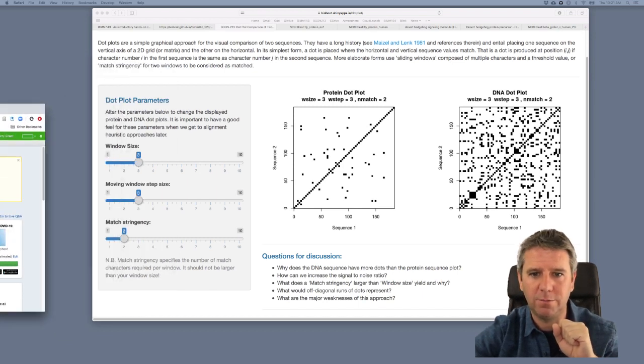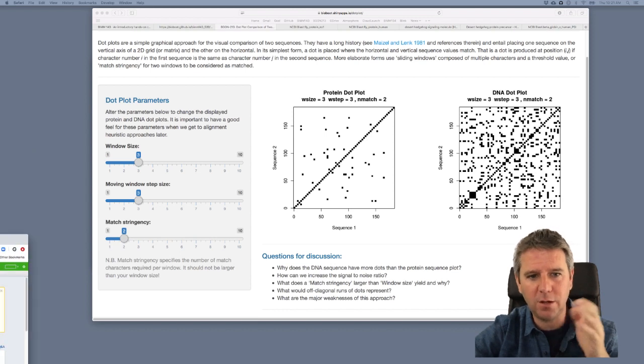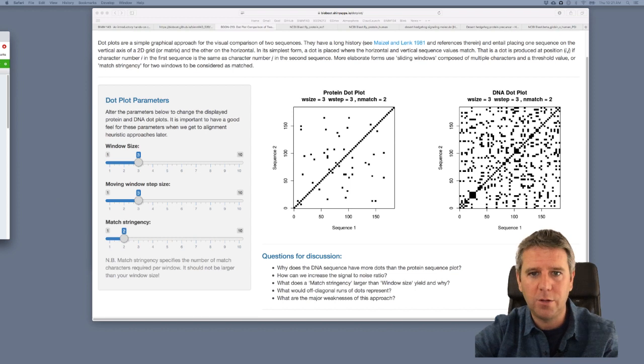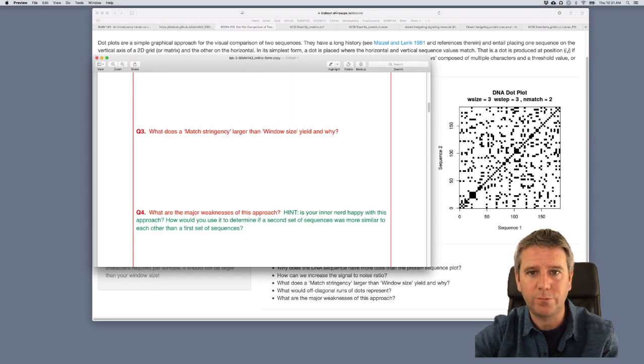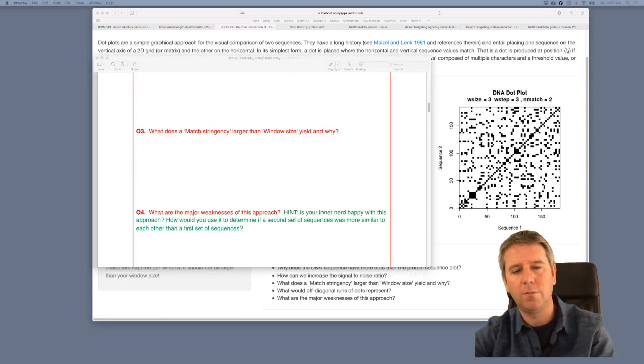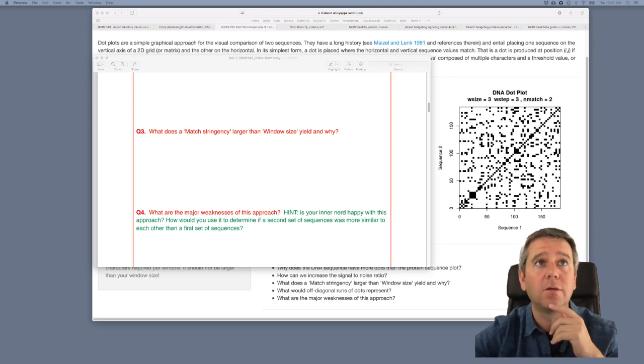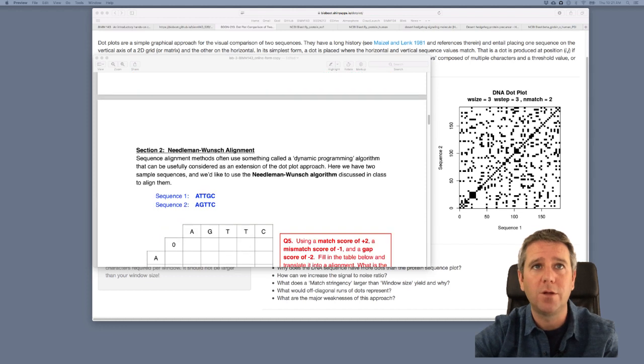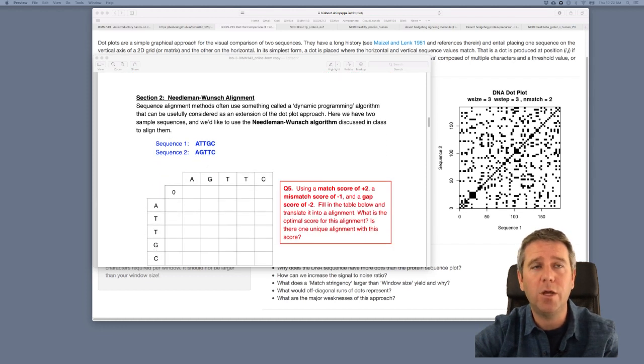Okay, excellent. I think that the dot plot approach should be pretty straightforward at this stage. So let's move on to the next section here, which is the Needleman and Wunsch alignment. So here,